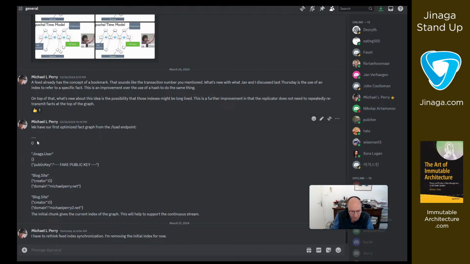So that first bit, that dash dash dash 0, was something that I was adding as a preemptive way to get to the feed thing, and then I realized that's not sufficient, and it's not necessary for load anyway, so I took it out for load.